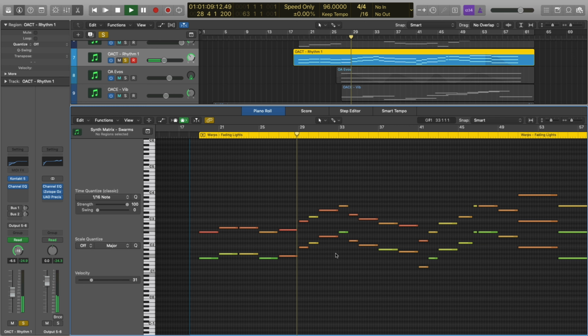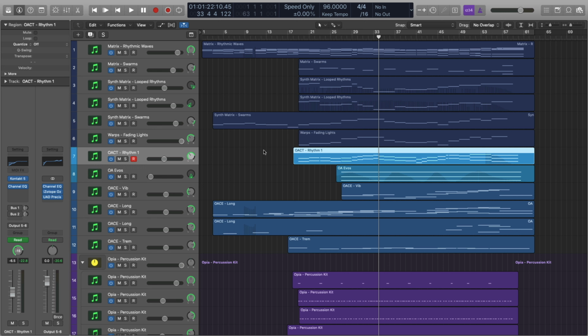See, I've got that playing in octaves there. This patch from the Composer Toolkit library was a great one to use to add just another rhythmical element